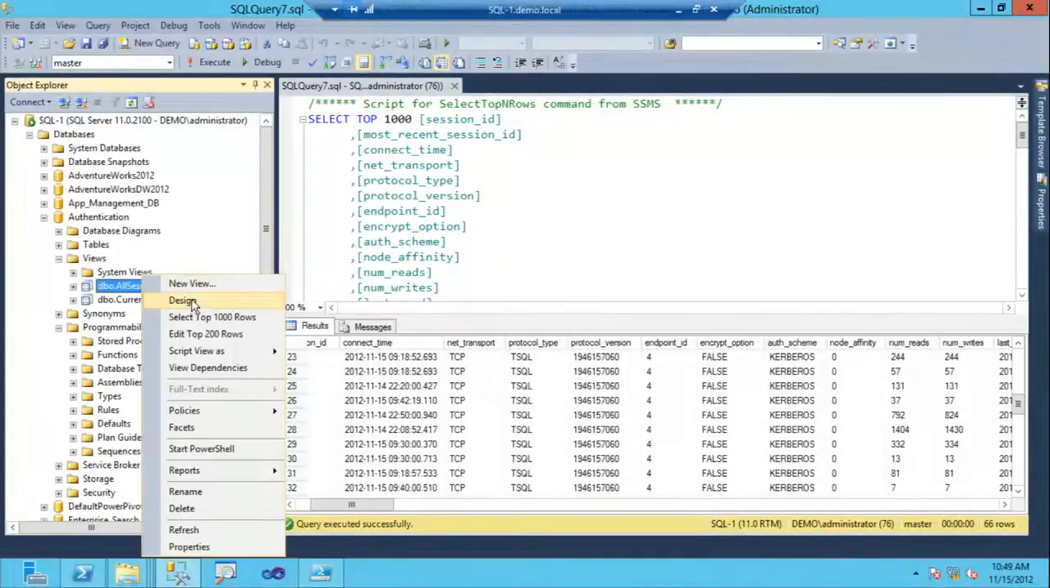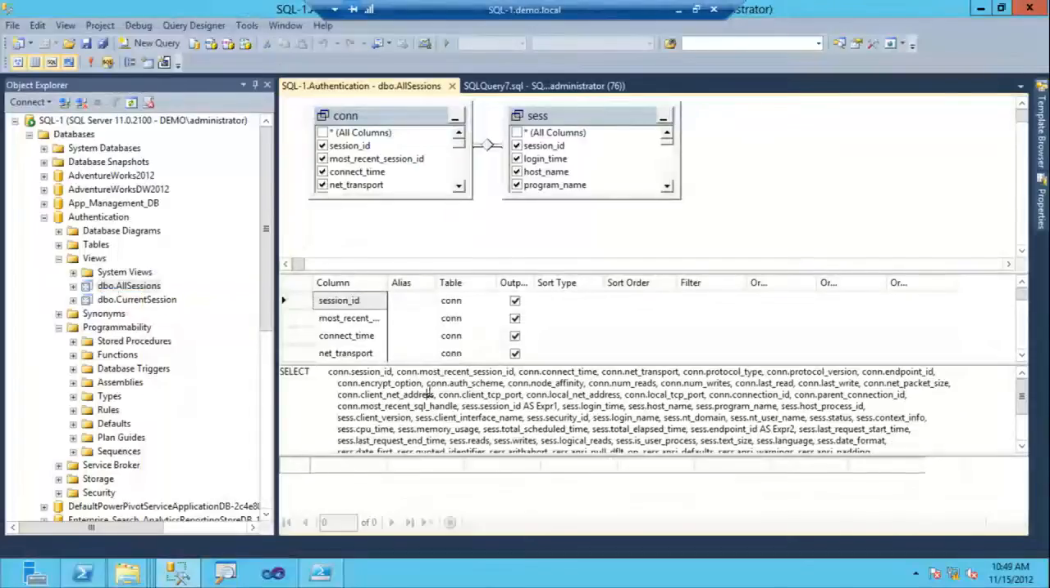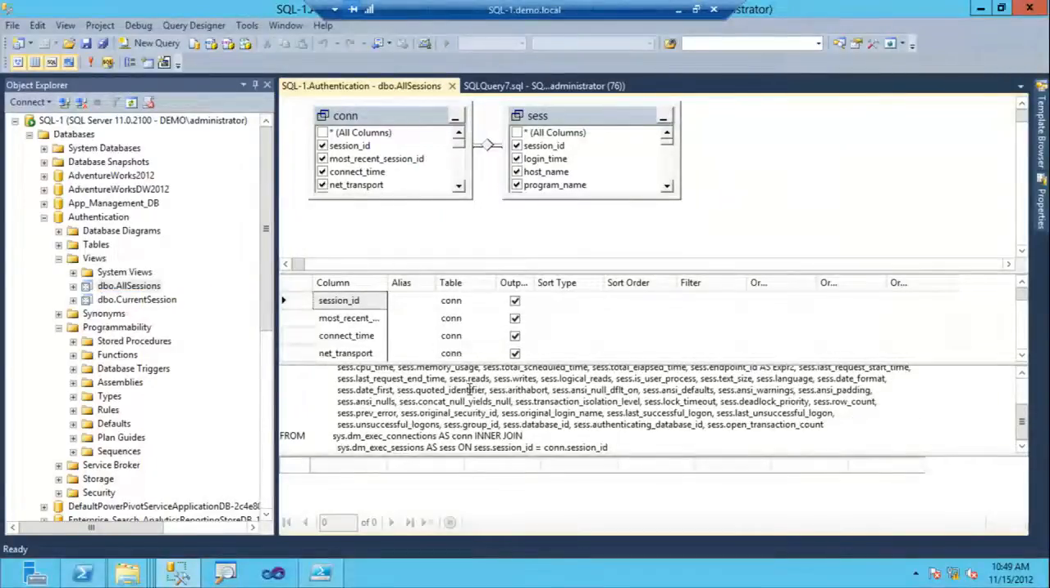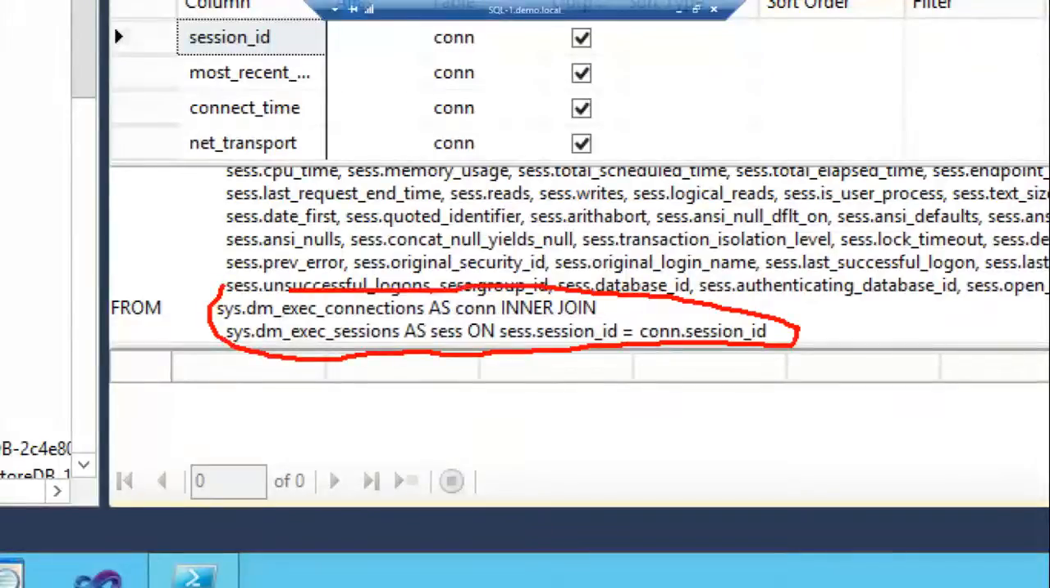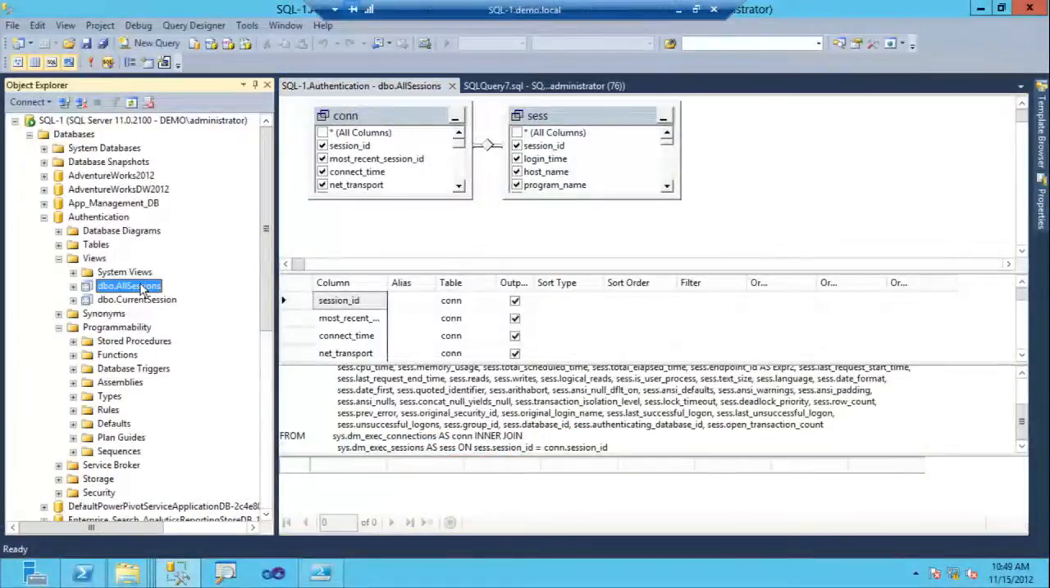It's actually pretty simple. Go ahead and go to design mode. Never mind all the columns. This is just what the designer does. Really what you want to take away here is this little part. So all I'm doing is just doing a join of two system views, joining the connections to sessions, just so I can show you all the sessions and the connection information about those sessions. And I've created a view just to make it easier to query. So if I go and I run this,